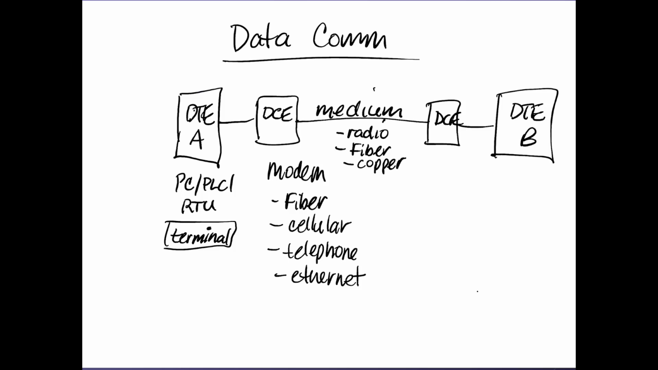Okay, so here we have essentially the point-to-point system, but in more general terms. We have a DTE on either end as a terminal. That's the source and the destination, right? So over here, if this is the destination, we've got data flow in that direction. It's across a medium, could be radio, copper, fiber, and the modem could be a cellular modem, telephone, or